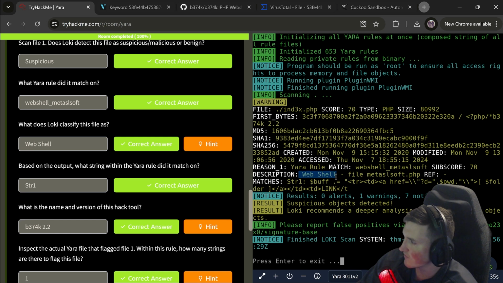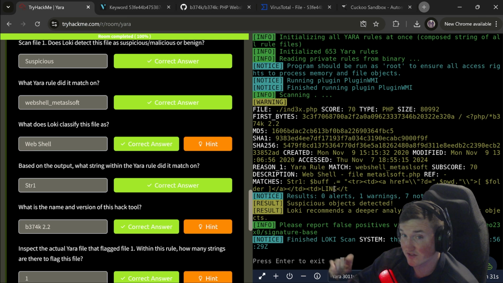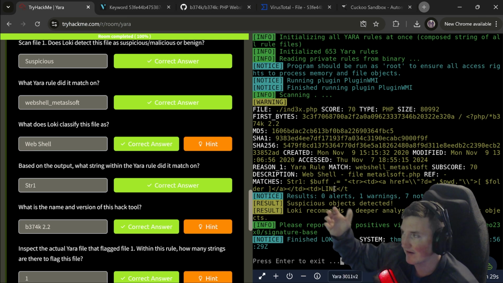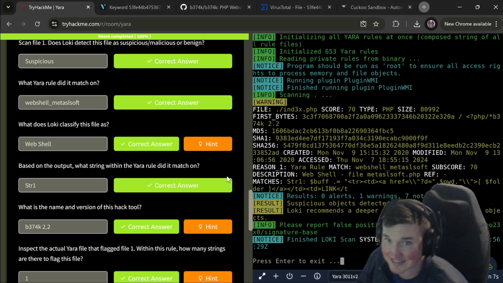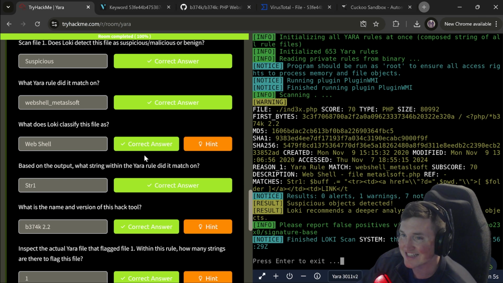Here, description, web shell. So keep in mind, the rule is what is doing this. So Loki's running it, right? And it's got a list of Yara rules, and it's checking on all of them. But whoever made this rule put all this data in here. So it put the hashes in here for you, so you already have them. It put the Yara rule in here, the score, the description, all that stuff. So that's really nice, because that means we don't have to go guessing as to what this is, right?